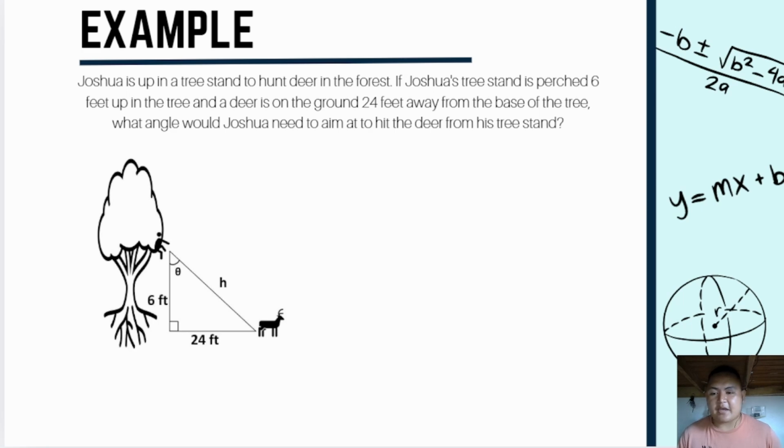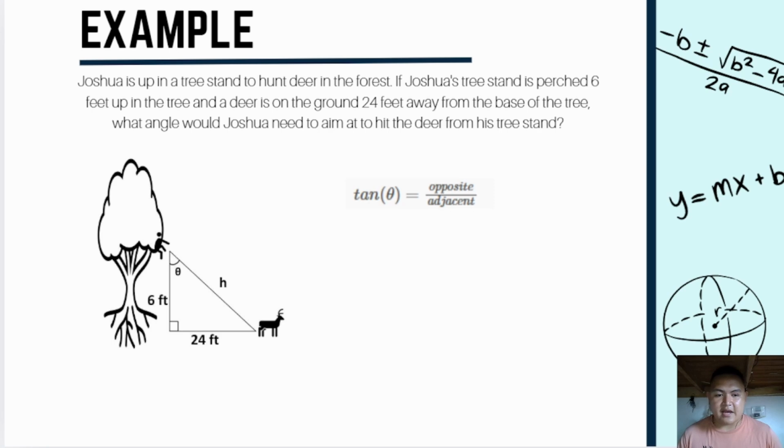The second step, again, is to label the sides and angles of the right triangle that were given in the word problem and identify what piece of missing information we need to find. So the third step is we are going to solve. Looking at this, we can see that in our given trigonometric ratios, the tangent involves a relationship between the angle and the adjacent and the opposite sides. So we will choose to use this equation.